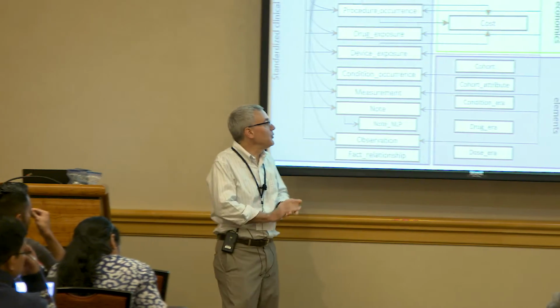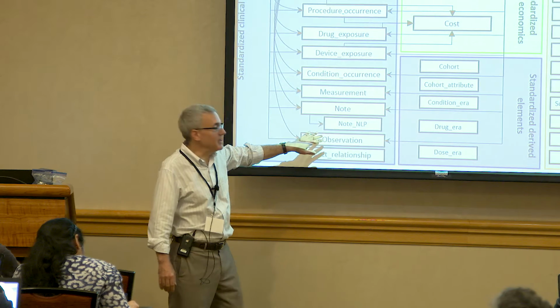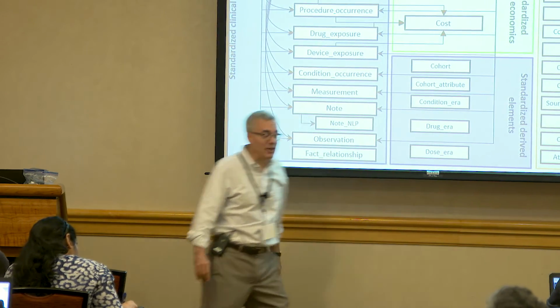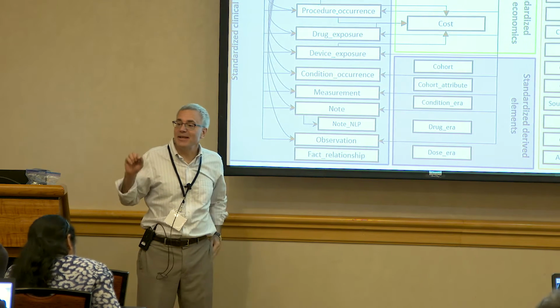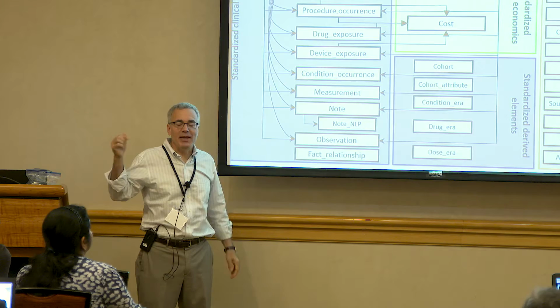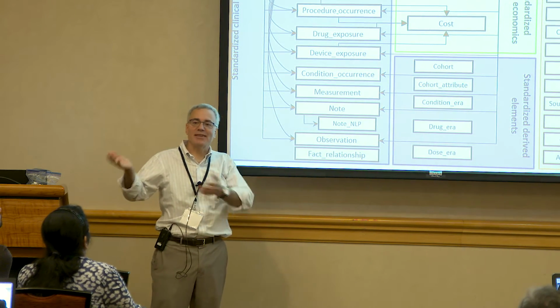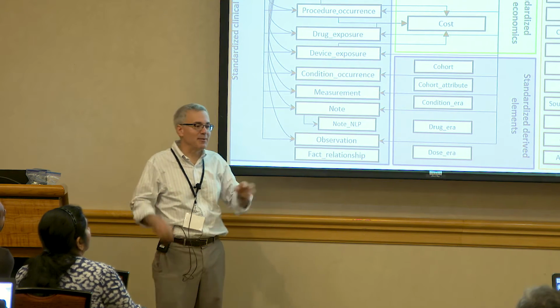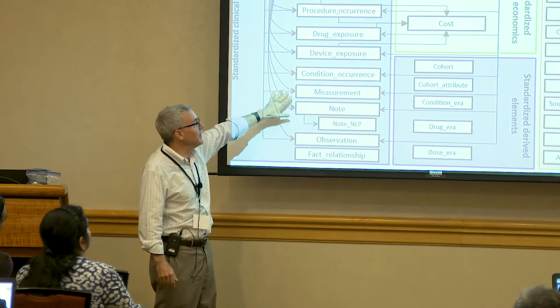Here's a high-level view. In blue is facts about the patient, and this is all stuff to support that, more or less. The OMOP common data model focuses on what actually happened to the patient. So if a patient got a drug, that would go in here. Now, there may be ways to encode the fact that something was ordered and canceled and never got to them, but that's not what our focus is. The focus is what drugs they actually got and when.